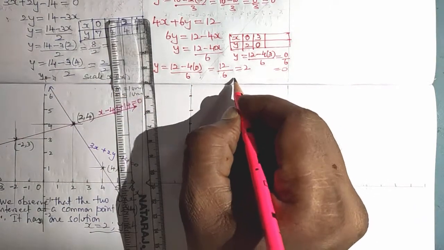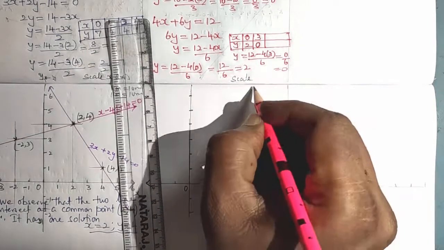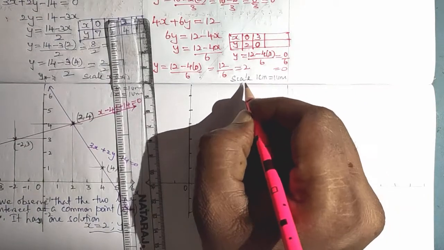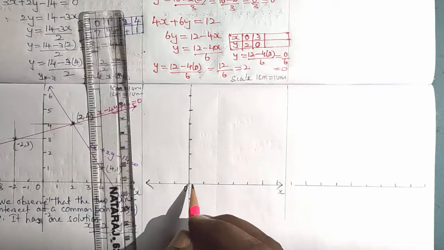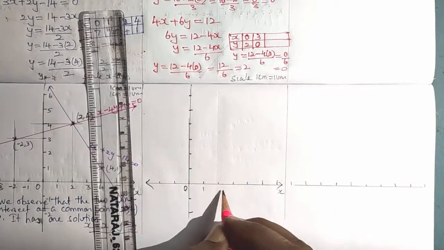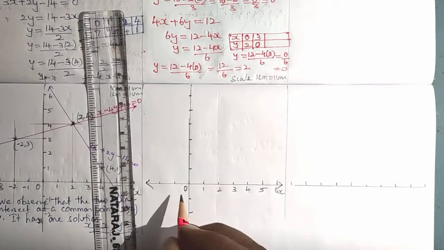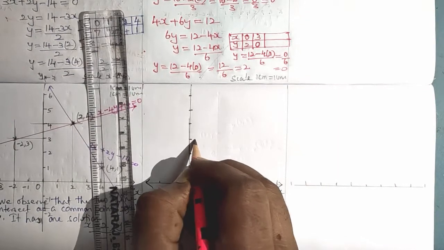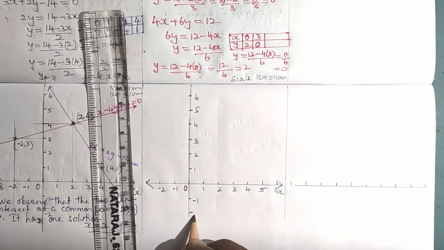Okay, what is the scale we are going to use here? Scale means the length. 1 centimeter is equal to 1 unit, I am going to use here, both on the x-axis and y-axis. Every time when you draw a graph, you must have the habit of writing the scale first. Now take this one. 1, 2, 3, 4, 5, 6. On the left side minus 1, minus 2. Here 1, 2, 3, 4, 5, 6. This is minus 1, minus 2.